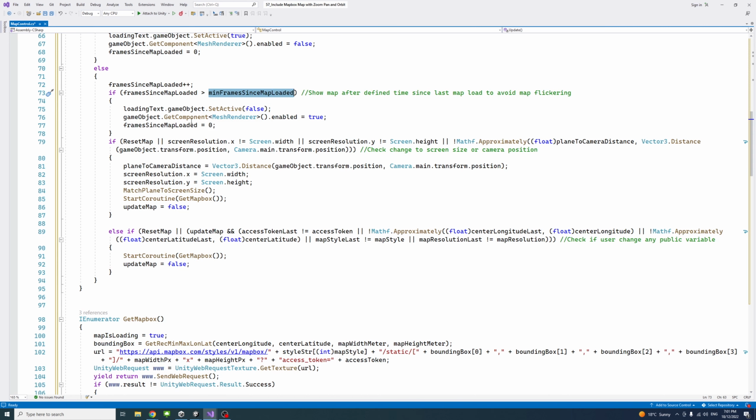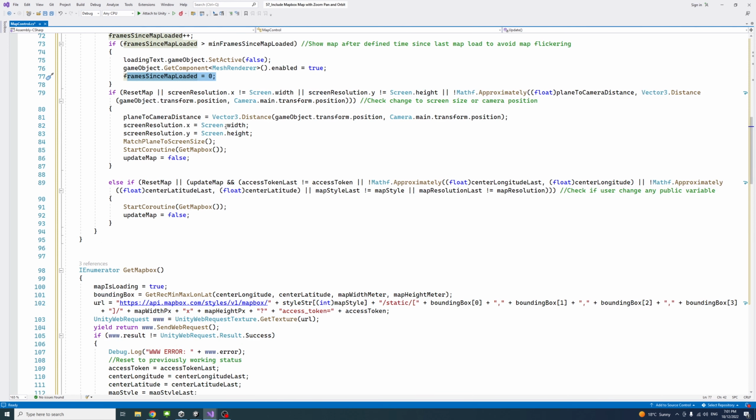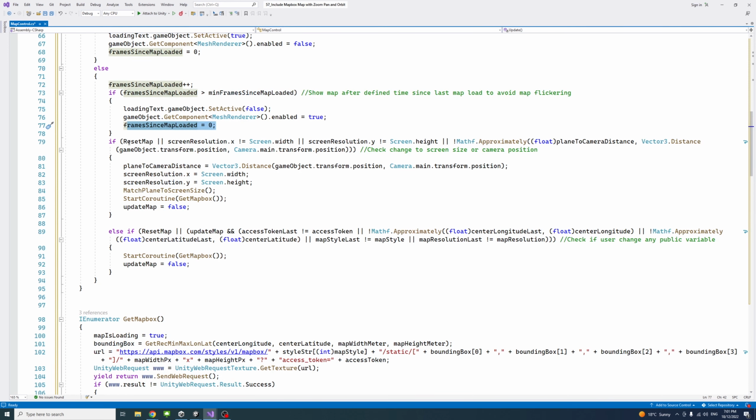So if it's past 60, then the loading text would be invisible here, and then the get component, the mesh renderer, would be enabled to true, so the map would be visible, and then we will reset the frame since map loaded. And then here we are checking if the